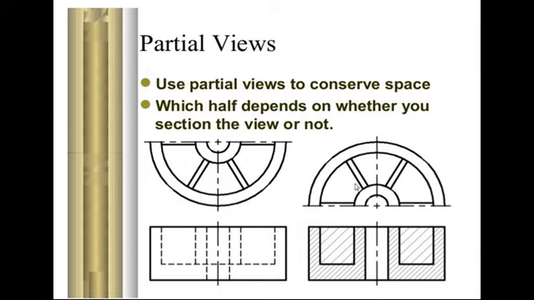One more. The partial view is used to conserve space. It will reduce your space; it does not require more space to draw a partial view. So here in the example, only half the drawing is shown, it does not require showing the full drawing, because when you draw a full drawing it will look like the same thing, so that's why we have taken only a partial view. And when you take the cutting plane at this, it will show hatching here.